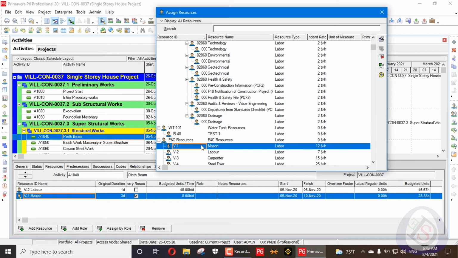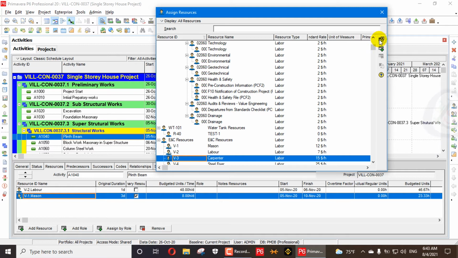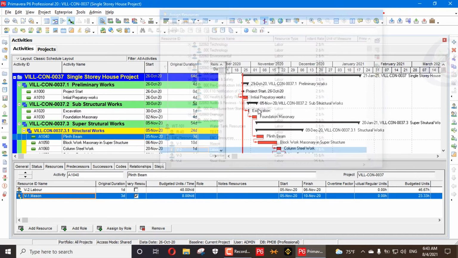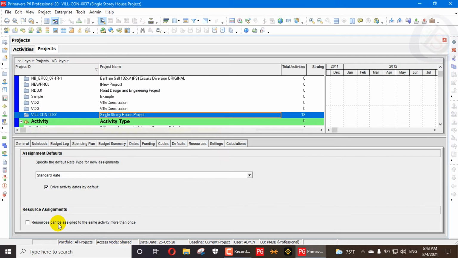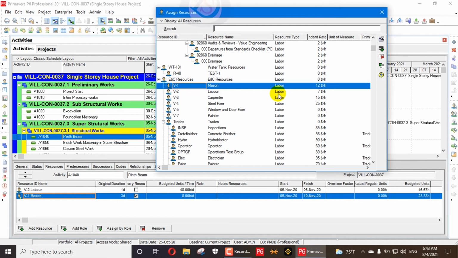Now this time I want to add. When I click on mason, can you see the mason is already assigned, that's why this option is removed from adding here. Can you see in the labor? But you can see carpenter we can add, but mason and labor cannot be added because they are already assigned here, and we have put this setting on here so that a resource cannot be assigned to the same activity more than once. So when I click it again and go here in the activities, add resource, and now it's activated. This assignment option is activated.